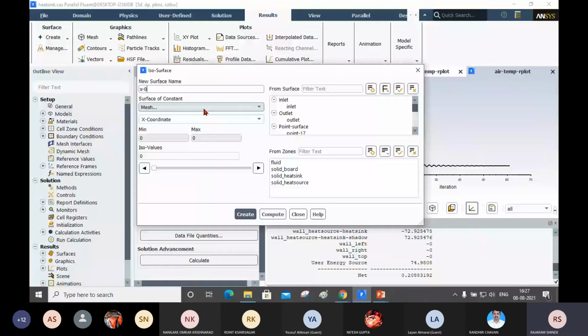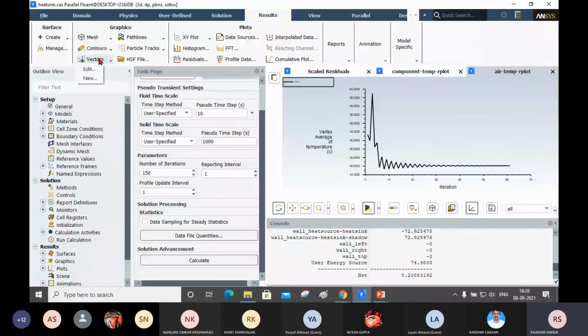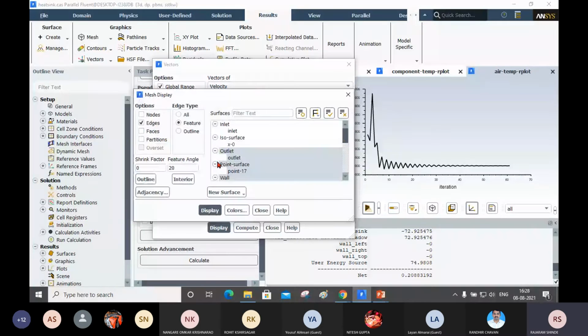Next, I will check the vector plot. I will go to the vectors, then click on the edit button, and select draw mesh. Now here we need to display the mesh.